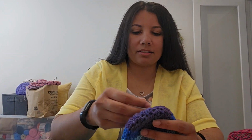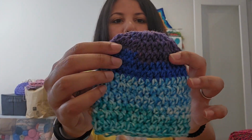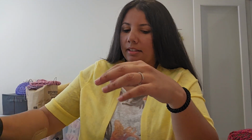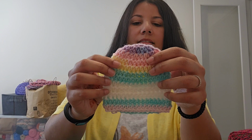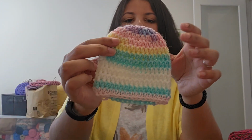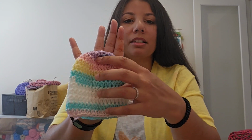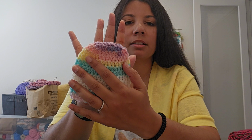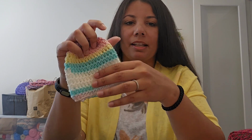Then I have one that's done in blues. I have like a deep purple, then blue, then green. And then the last one is, oh, it's so cute. It's giving me spring and Easter vibes. So these are all relatively small. These are kind of the size of my palm, a little bit bigger. Not the size of my whole hand, but